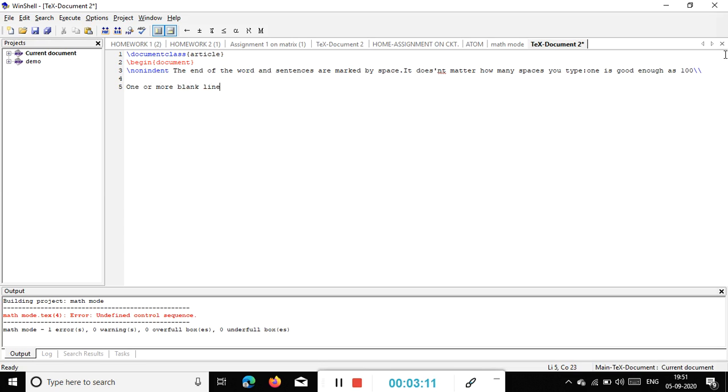I'm just demonstrating with a sample how you can insert a mathematical equation inside the LaTeX document. You just need to see the process of how I'm doing it, then only you will be able to do everything properly.